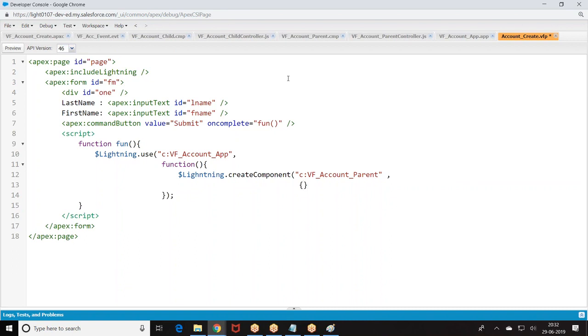You want to pass any parameters? Right now I am not passing any parameters.